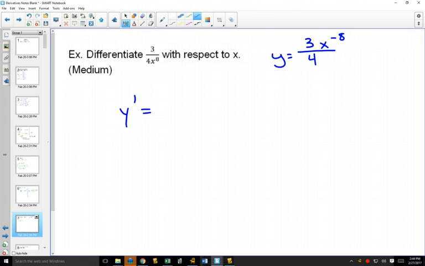So once I've brought that up to an x to the negative 8, now I could bring that negative 8 in front. Negative 8 times 3 will be negative 24. Subtract 1, and you get x to the negative 9. It's still divided by 4. If you wanted to simplify this,